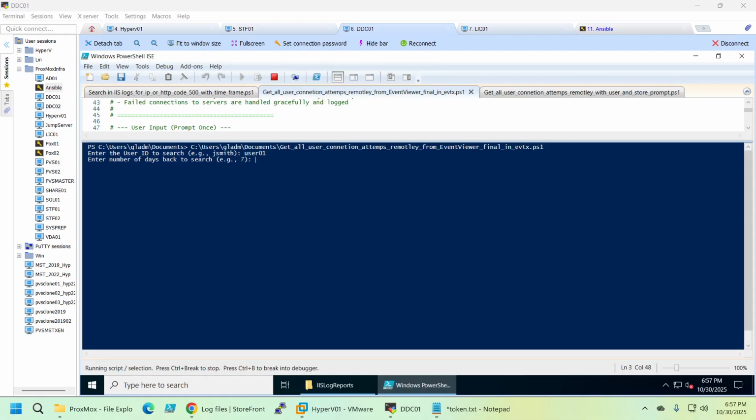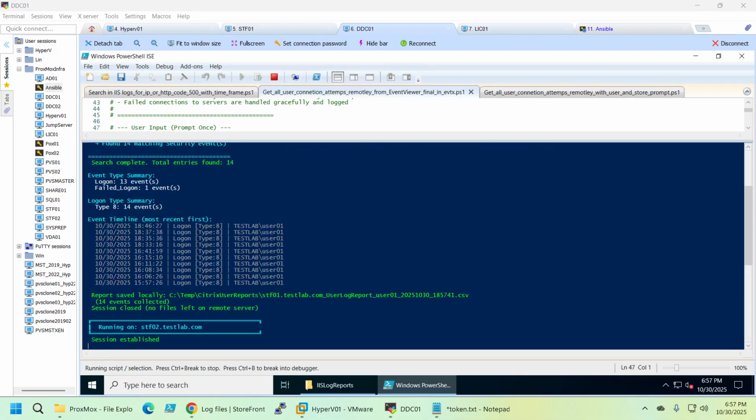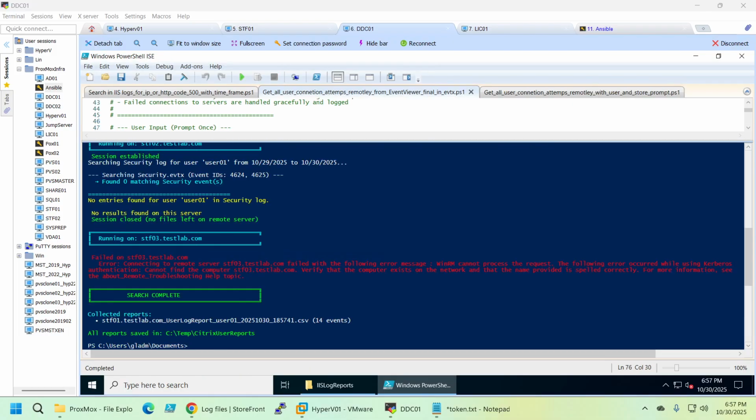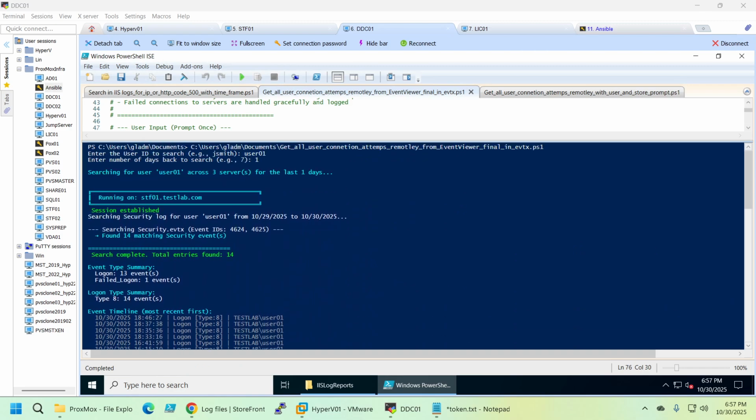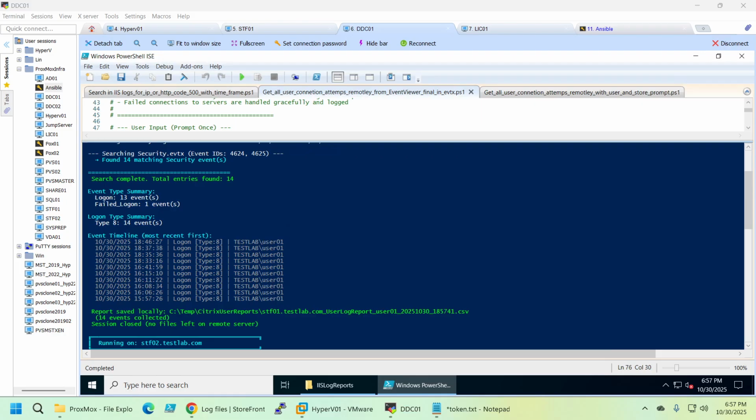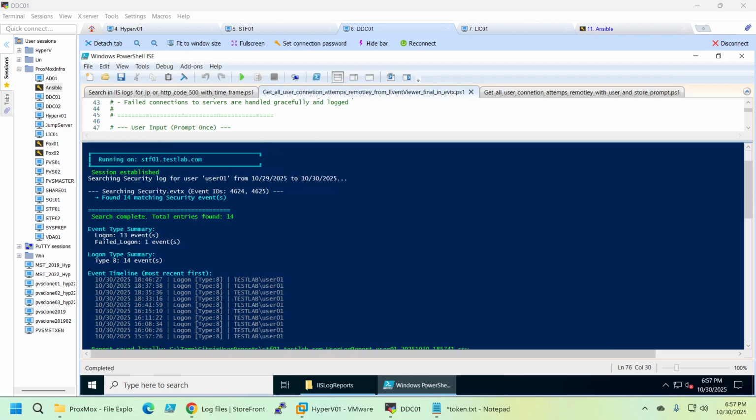Okay, so it will search as many days as you want, or as many days as you know you have available in the event viewer. I would say 1, just this means in the last 24 hours. And it will go and search for the event on each storefront. So on storefront 01, it found